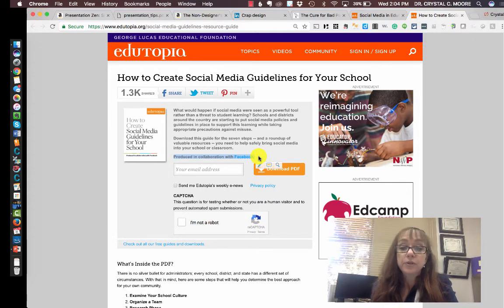Facebook has unlimited resources, and while I don't agree with everything the big corporations like Facebook, Google, and Apple do, because they have the resources to employ a lot of great thinkers, their resources are generally better than what one individual could create. Anyhow, go ahead and download this or choose one of the other